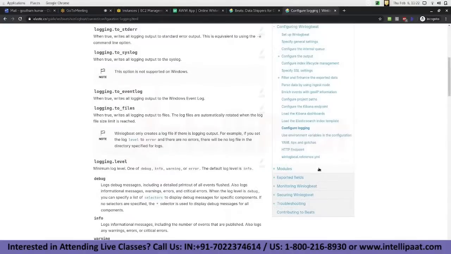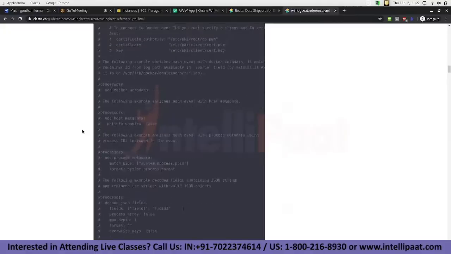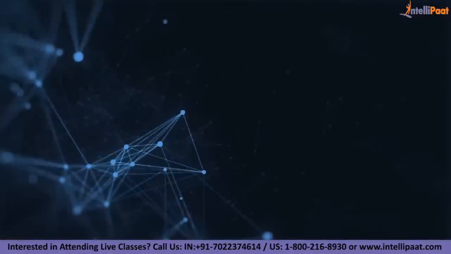Whatever we are seeing, this is the same reference file we are seeing here. Whatever is the default file, the default file is being shown here, and you see right now in this default file these two are